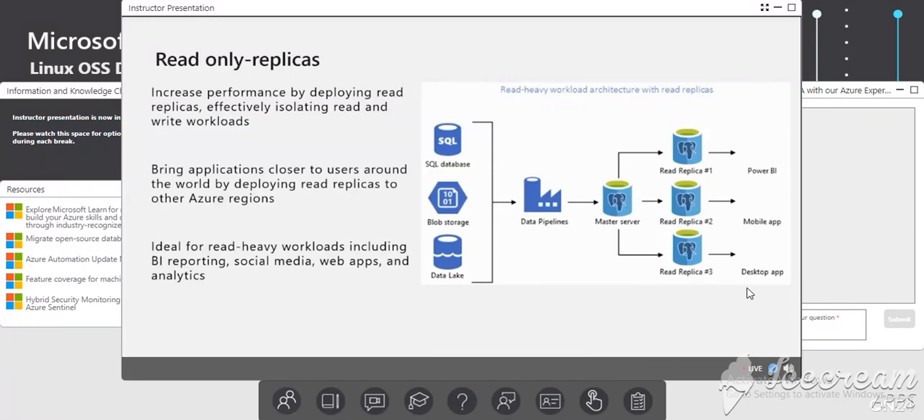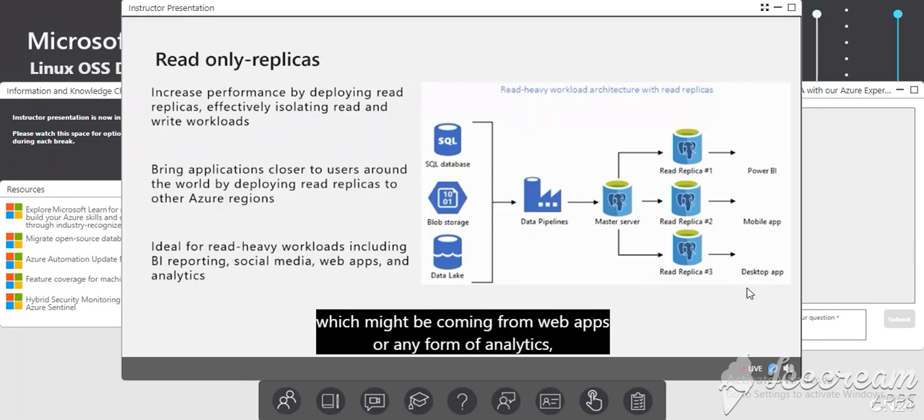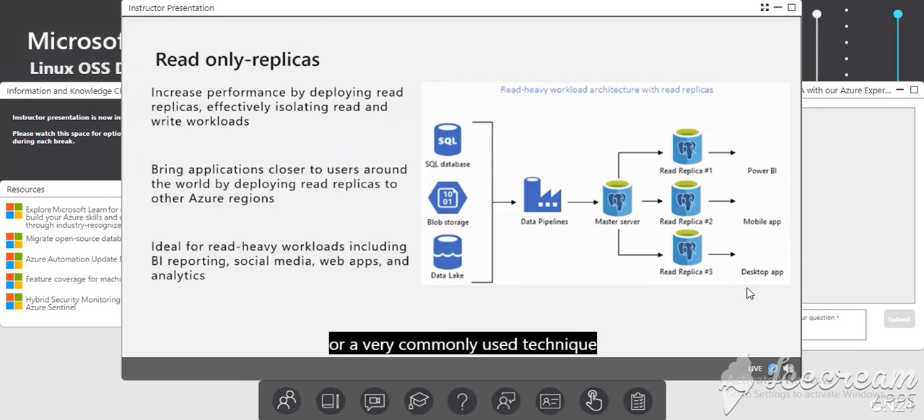the business. It's also a very common scenario for read-heavy workloads, which might be coming from web apps or any form of analytics, or a very commonly used technique to bring the data closer to the users, when users are looking and targeting some dedicated tools onto a data center that will give them less latency compared to the data center that the initial